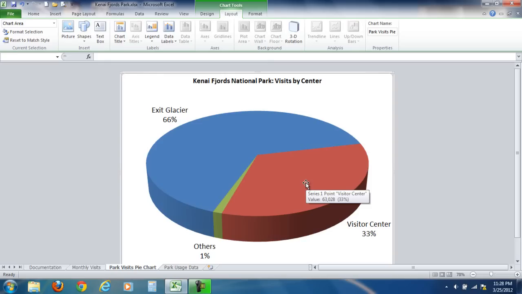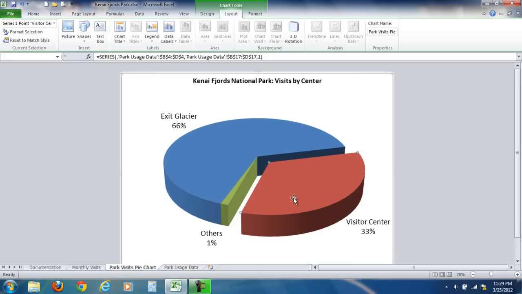So I click one time on the pie itself, and it's kind of hard to tell that the entire pie is selected because the Exit Glacier slice is so large, but it is. And then I click a second time to have just the handles on the one slice that I'm working with. I take my mouse and I pull out just a little bit, and since that movement encroaches on the plot area of the pie chart, it makes it reduce in size a little bit. So that